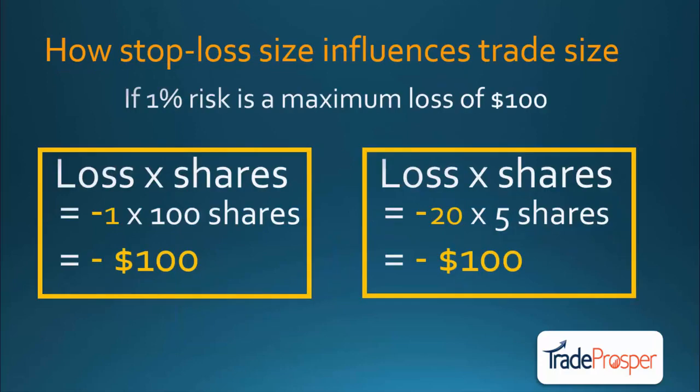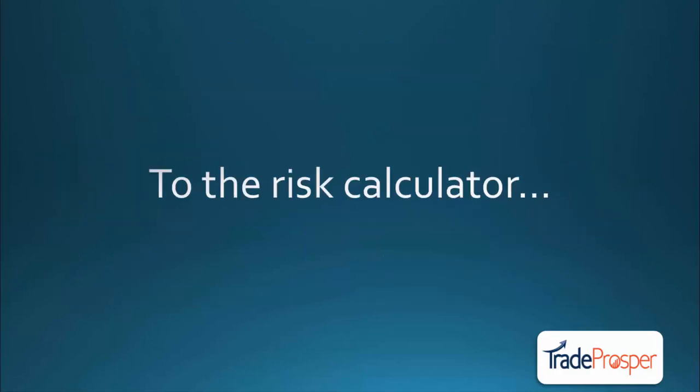This poses a bit of a problem for us, because think about this now. 1% risk of our capital and the stop loss being that far away means that when the stop triggers, it's going to be a fairly sizable stop. So in keeping it in line with the 1%, we probably won't be able to trade that many shares. So let's have a look at how much we can afford. We'll punch the numbers into our risk calculator.